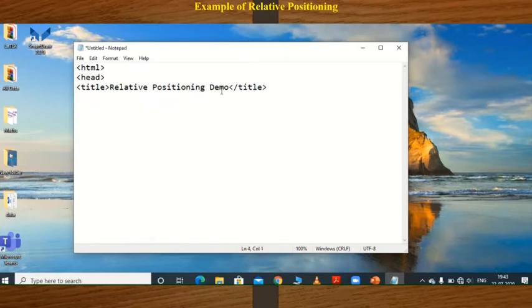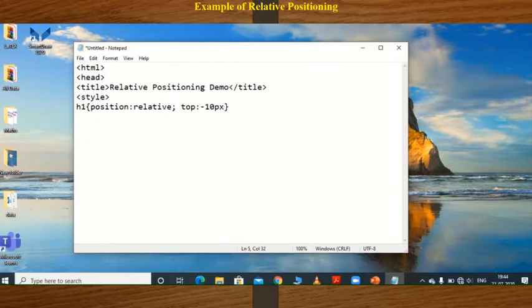Then open the style tag. I want to apply relative positioning on the h1 tag. So h1 in curly brackets, position colon, which type of position? Relative, semicolon. Then I want to set some properties, that is top colon minus 10 pixels.